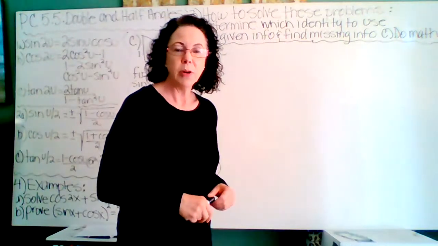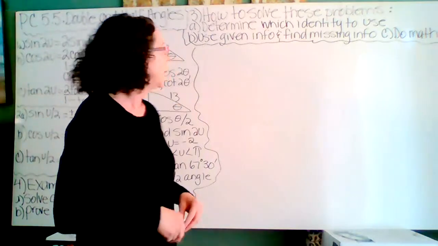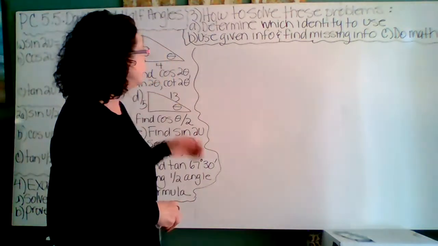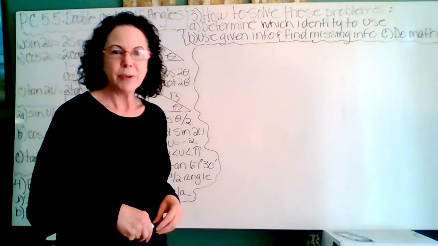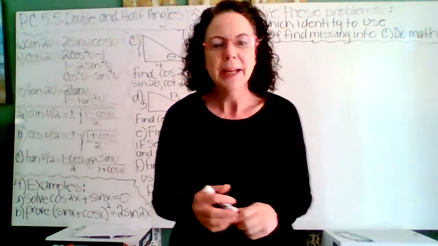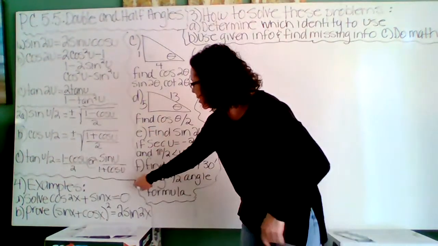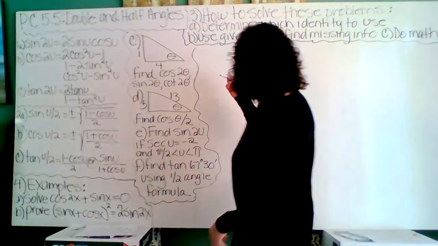Just like in 5.4, we are going to determine which identity to use, what pattern do we have. Next, we're going to use our given information and find missing information. And then we're just going to do our math. Sometimes the algebra is the hardest part. So looking down here, let's do example 4a. If we are asked to solve